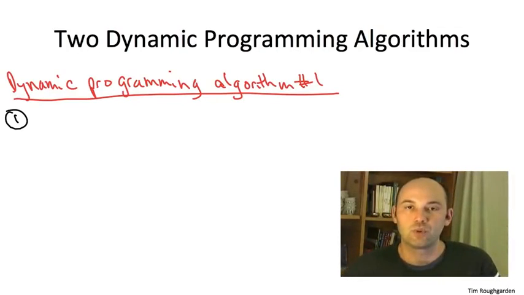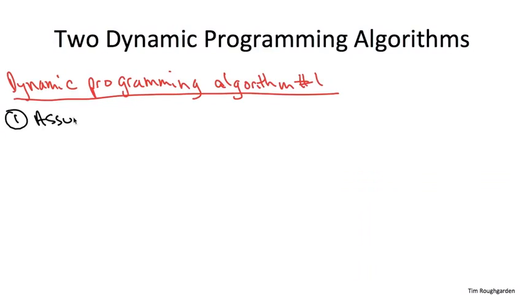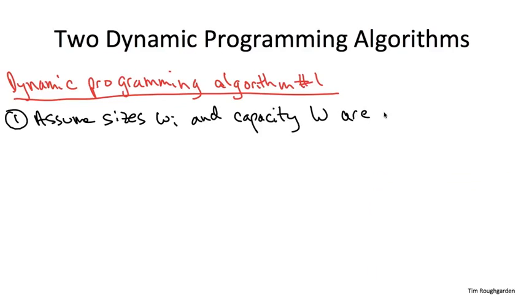There's n items. Each one has a positive value, vi, and a positive size, wi. Additionally, we're given a knapsack capacity, capital W. Back in the dynamic programming section of this course, we already devised an algorithm for this problem. That algorithm assumed that the item sizes were integral and also that the knapsack capacity is an integer. The running time of that dynamic programming algorithm was big O of n, the number of items, times capital W,